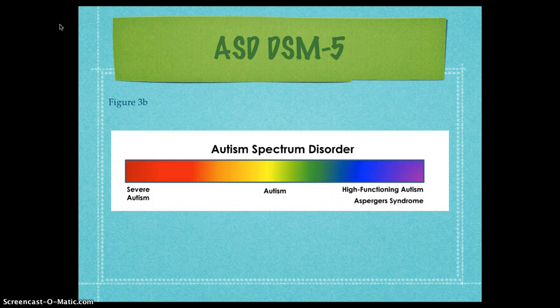Now, if you think back to that umbrella before, we had autism spectrum disorder, and then we had the 5 different classifications under. Those 5 different classifications are no more with the DSM-5. You can think of it as a scale from like 1 to 10. So we have our spectrum right here, a rainbow spectrum. You think about on the end here in red being a 1. That is going to be your severe autism, your very low functioning students that may not even be able to speak, not be able to care for themselves, that need some